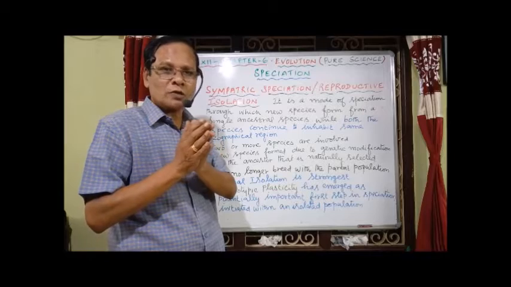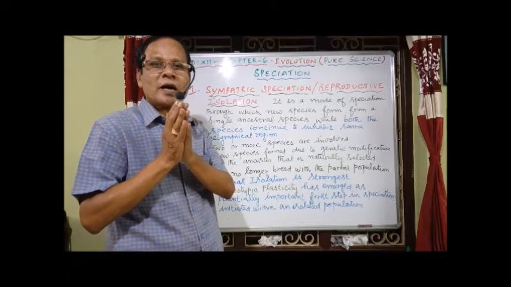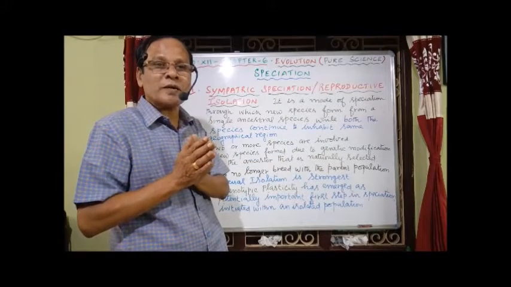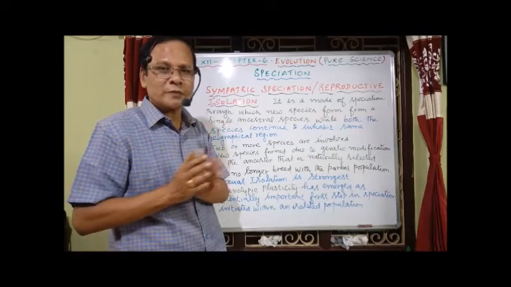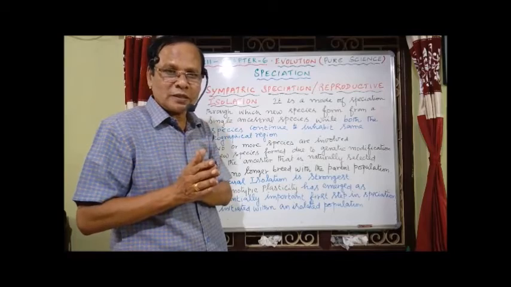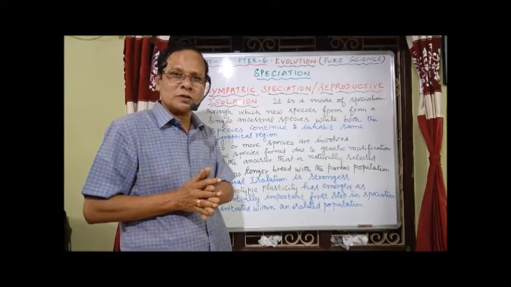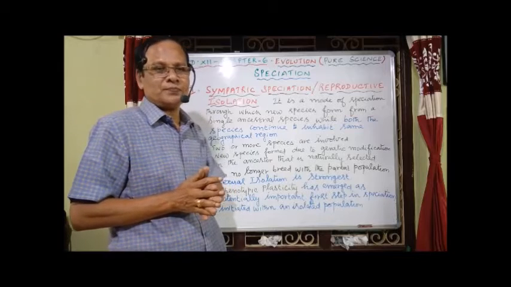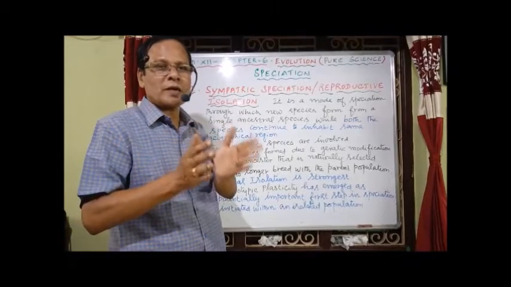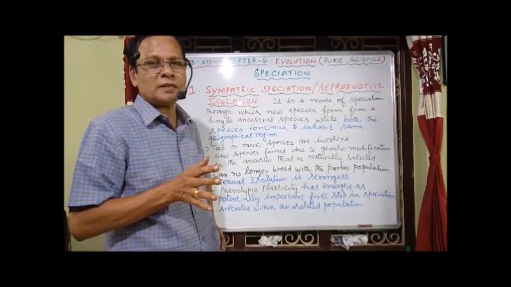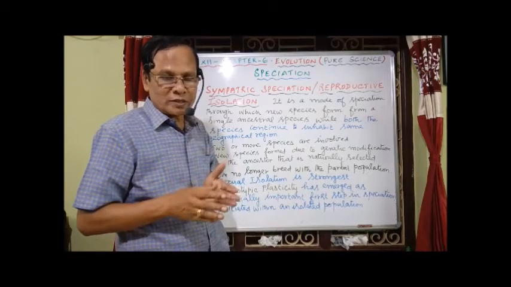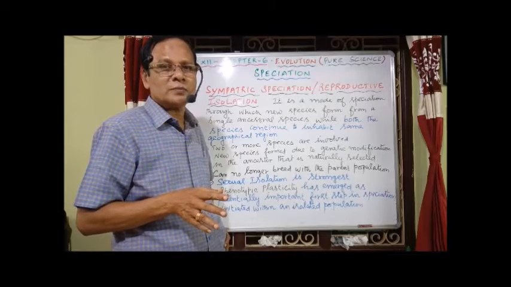The two species occupy the same niche or same habitat but do not interbreed. That type of species is called sympatric species. Species of two different types living together in a habitat but not interbreeding. For example, the frogs Rana hexadactyla and Rana pipiens are two frogs living together in the same pond, same habitat, but they do not interbreed. That is sympatric species living together in the same habitat but not interbreeding.